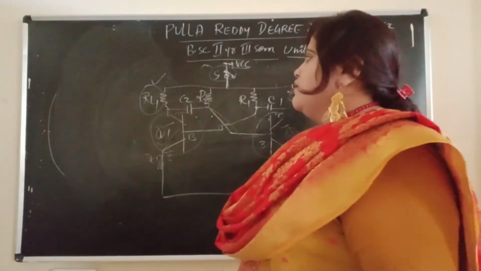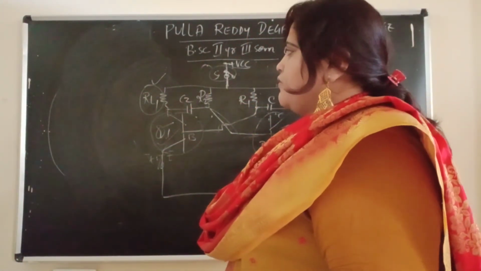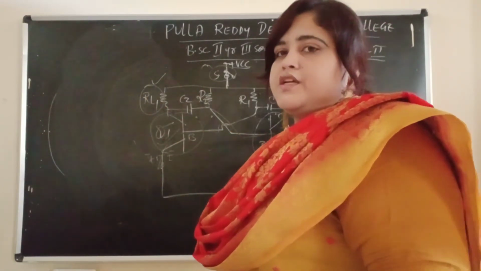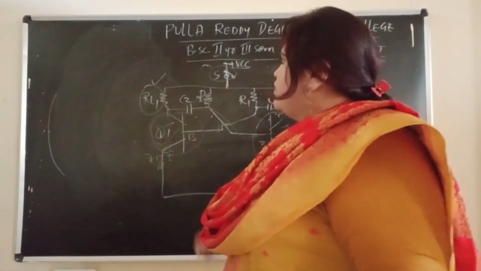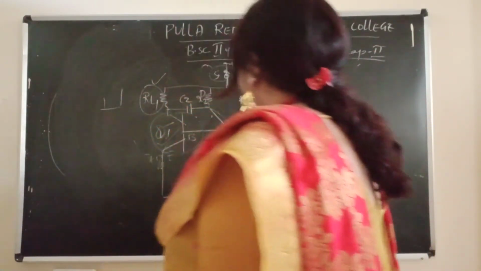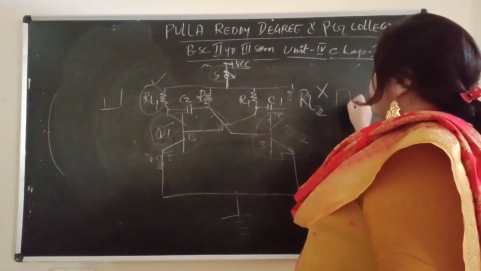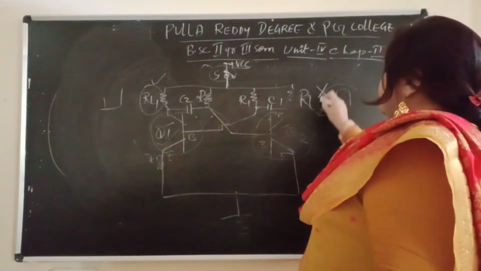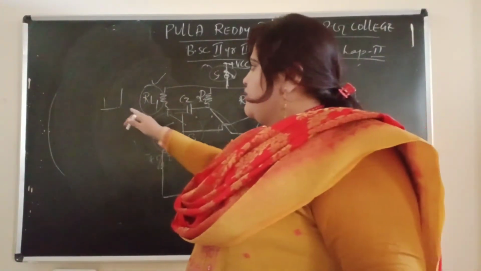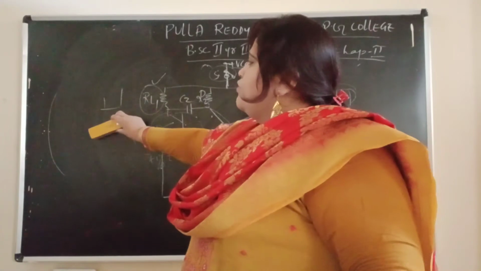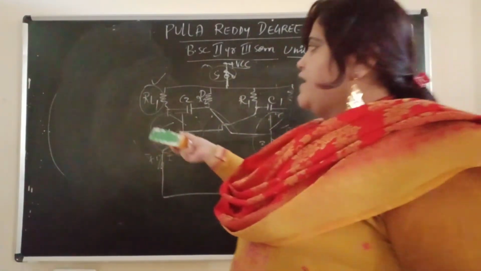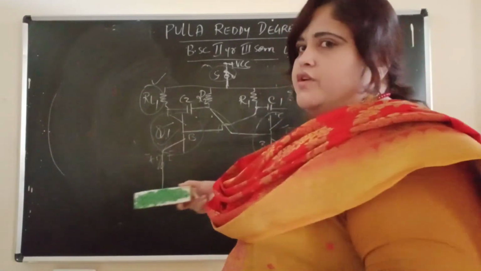Now what will be the voltage across RL1? Voltage will be less, current will be high, so the waveform will be like this, and the voltage across the other will be high. So in this situation, the final output will be dropping only across RL1. Across RL2, no voltage will drop.